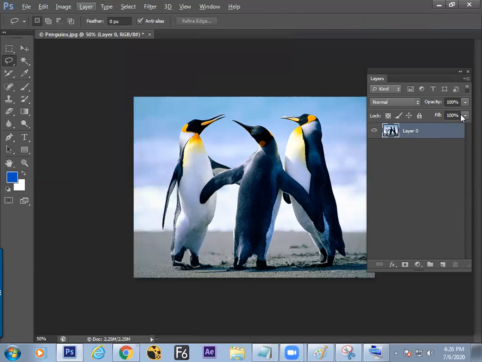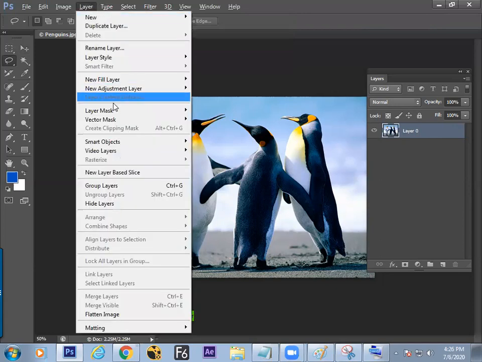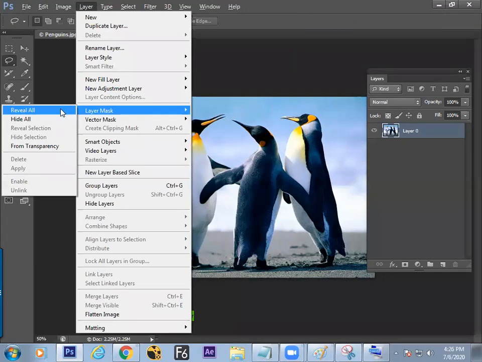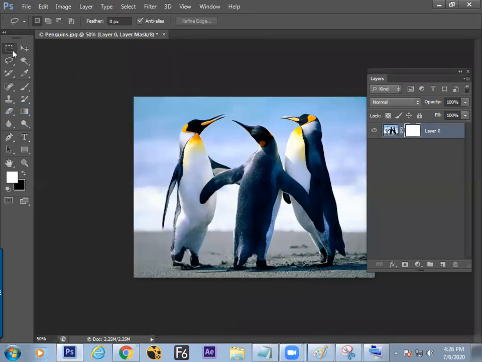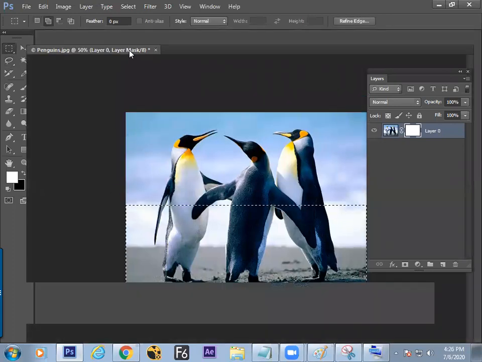So we have understood first how to open a layer. Then you can switch to the layer mask. Either you can go for Reveal All or Hide All. Is it clear? Just Reveal All. Now, if you need to hide 50% of your screen, then what to do?